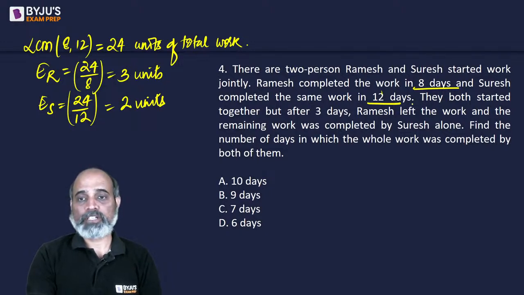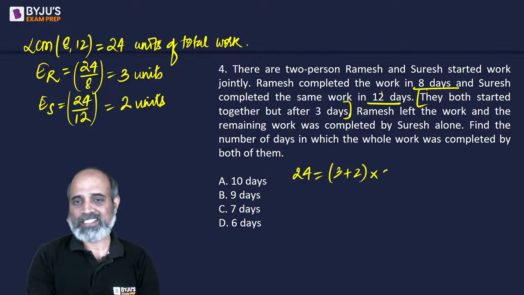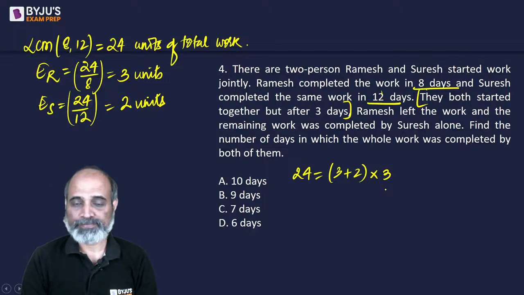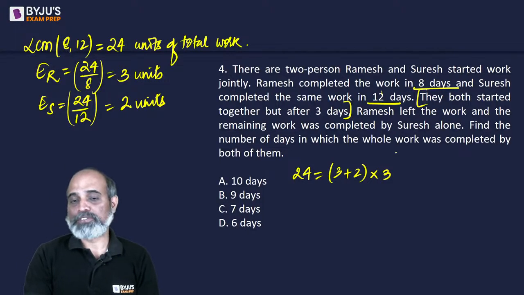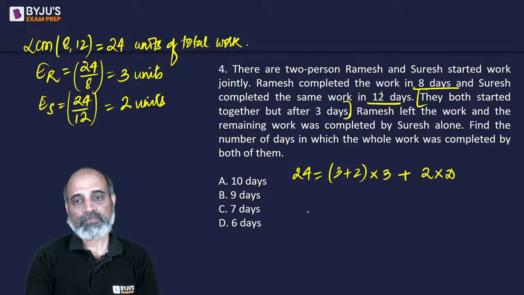Now, as per the question, they both started together, but after 3 days. After 3 days means for the first 3 days, out of these 24 units, they together were able to complete 5 units every day, 3 units by Ramesh and 2 units by Suresh. So for 3 days, this is the amount of work that they were able to complete, right? Then Ramesh leaves the work and Suresh alone is working. So Suresh is going to take 2 units every day and he is going to complete the total work in certain days. So 2 into what? So if we solve this, we will have 24 is equal to